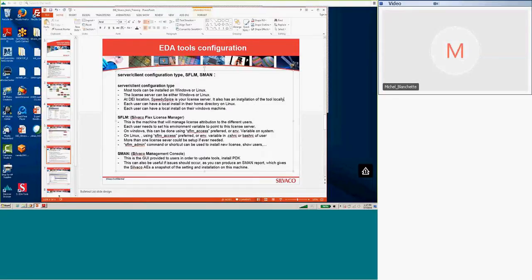In both cases, if you have one license server, you will need to make sure that you point to that Speedy Spice as a license server. And it jumps into this section, which is talking about the SFLM, which is the Silvaco Flex License Manager. That's basically the machine that will